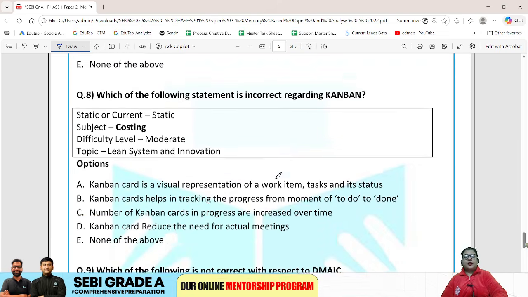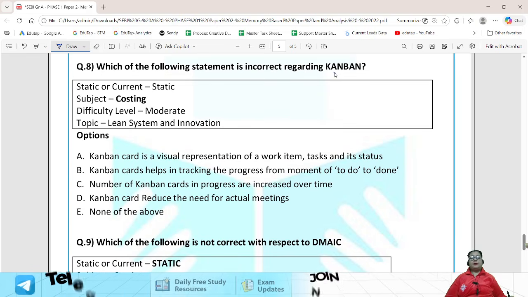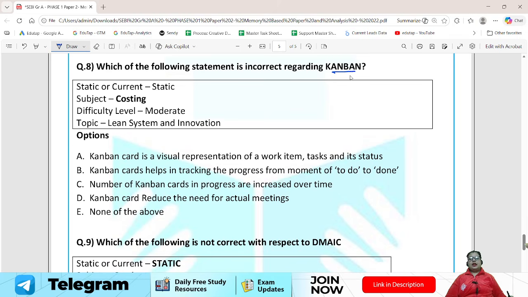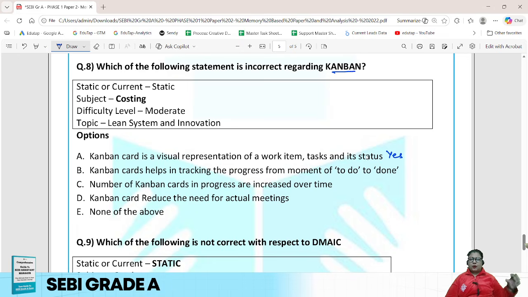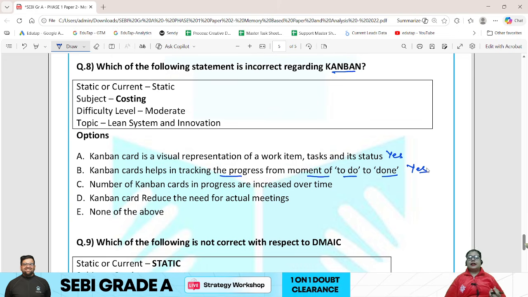Moving ahead, question number 8. Which of the following statement is incorrect regarding Kanban? Okay, Kanban. So Kanban क्या है? Let us see the options. It is a visual representation of work item, task and its status. Yes, विजुअल रिप्रेजेंटेशन है कि कितना काम हो गया और कहाँ पे पहुंच गया, कब खत्म हो गया. सो बेसिकली इट हेल्प्स इन ट्रैकिंग द प्रोग्रेस फ्रॉम मूवमेंट ऑफ टू डू टू बी डन, यस एब्सोल्युटली, ये ट्रैक ही करता है कि कहाँ से काम शुरू हुआ, अभी कितना पहुंच गया, वर्क इन प्रोग्रेस कितना है,